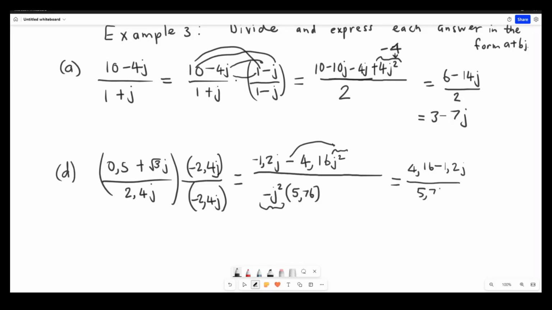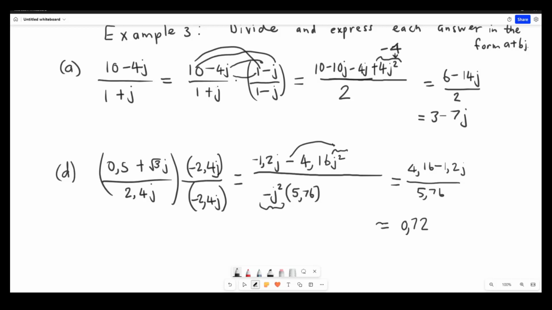5.76. Actually, the final answer should be rounded off, okay? The final answer should be rounded off. I rounded off too early on top. I should have kept that and then divided. But let me just see what I have. If I keep it, I divide by 5.76. And you guys can confirm. When I divide the complex number right through by 5.76, when I work more accurately, I get roughly